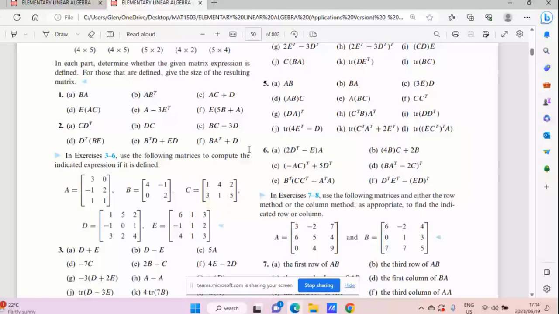I would like us to finish some of the exercises before we go to the next section that deals with inverses. Okay. Now, where should we start? Number 5, we'll start with number 5. Here on number 5, we still have to do